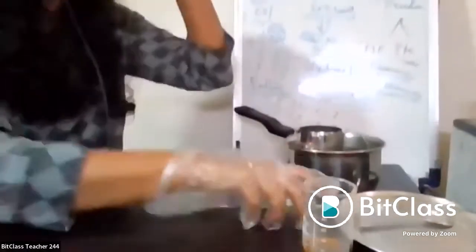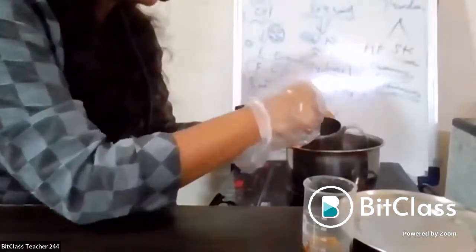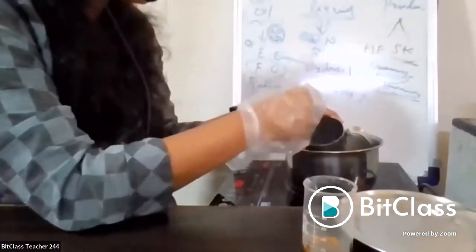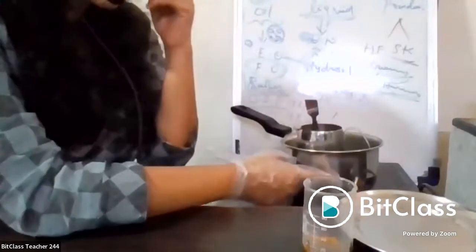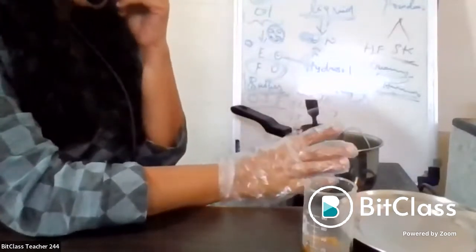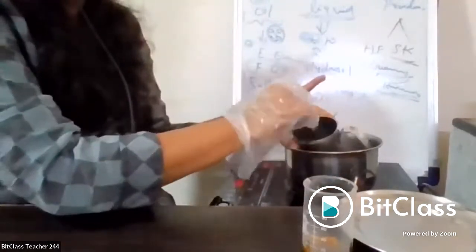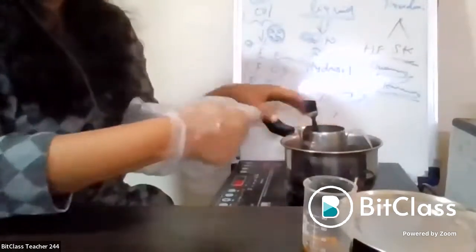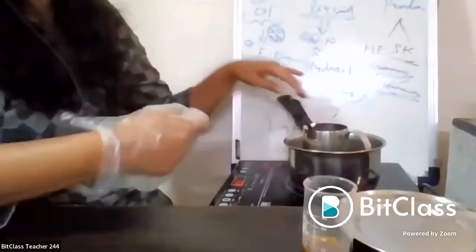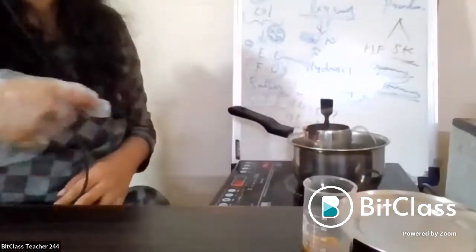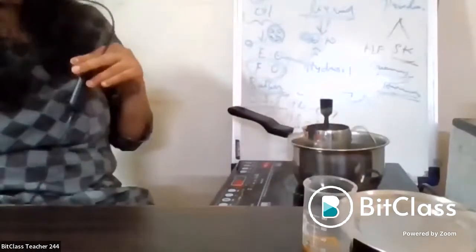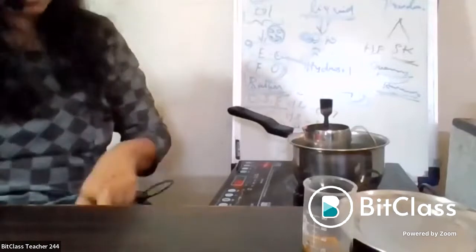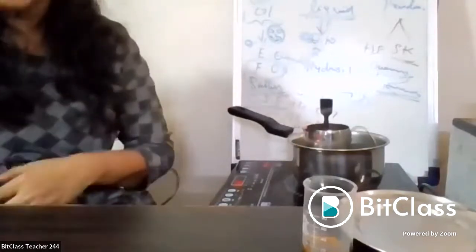As I told you, I will keep maintaining the heat low, so only my water will get heated. The liquid inside will not get heated. Throughout the complete process, I will only mix with the spoon or spatula. If I do hard mixing or hard stirring, it will form froth completely and make the appearance of the soap go bad.